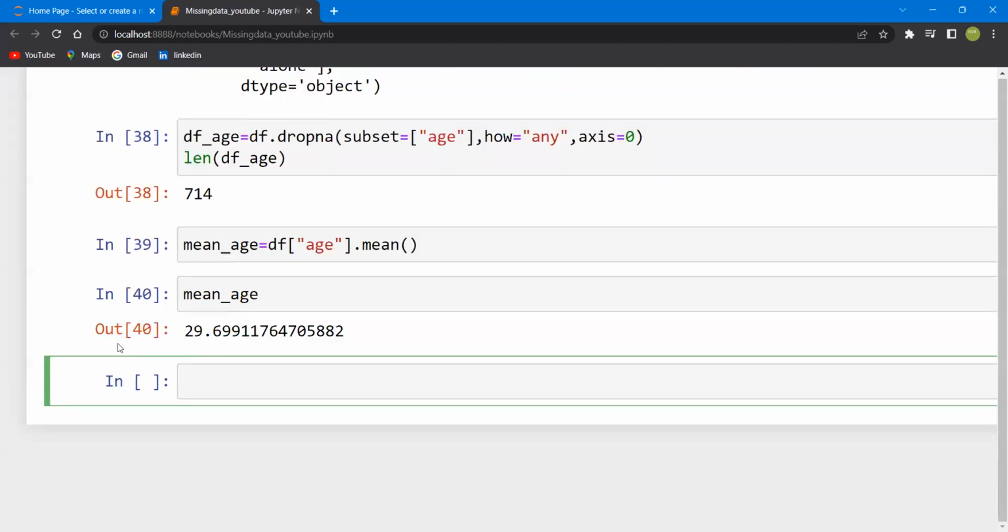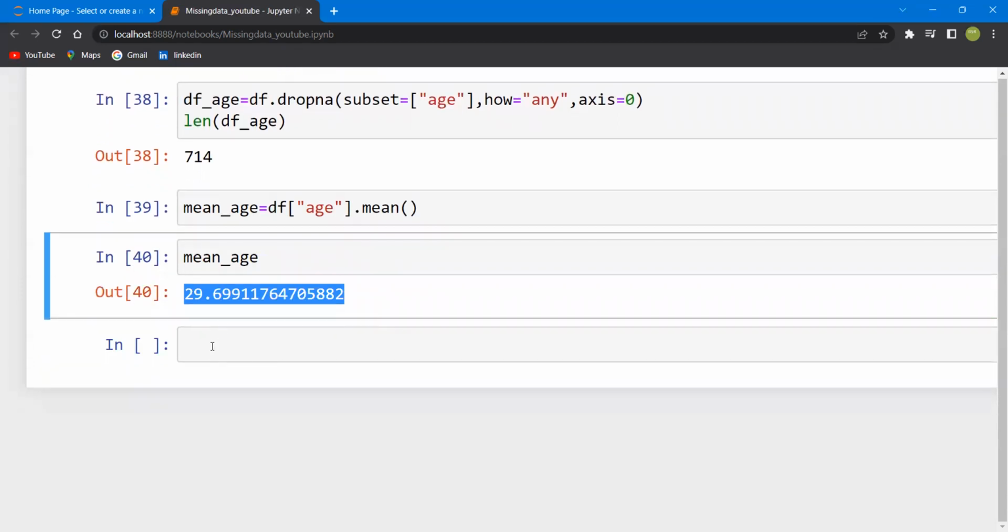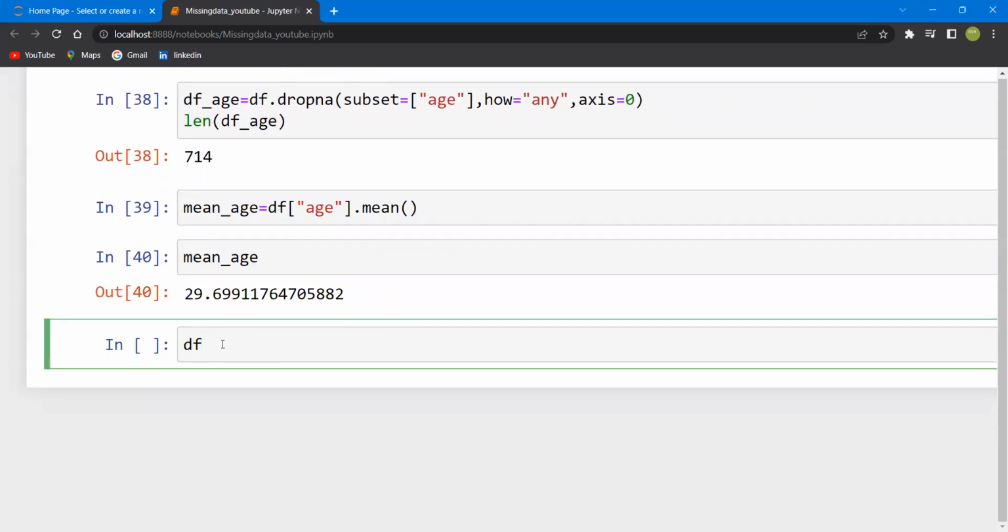So you can see that mean is going to be 29.699, right? So df age dot fillna, I'm going to fill the missing values with mean_age, comma, inplace equal to true,